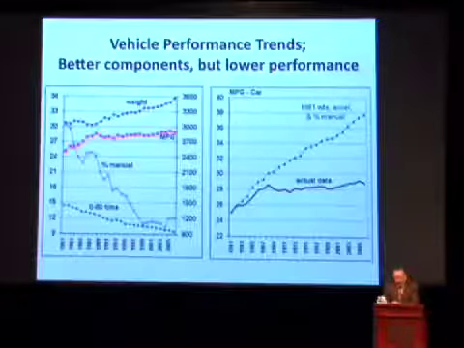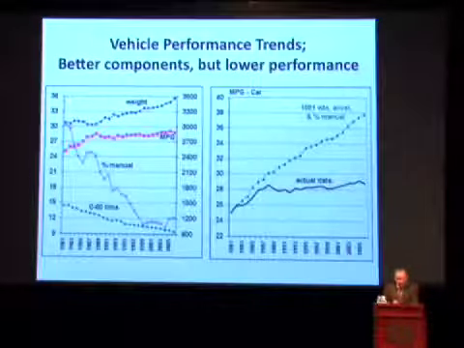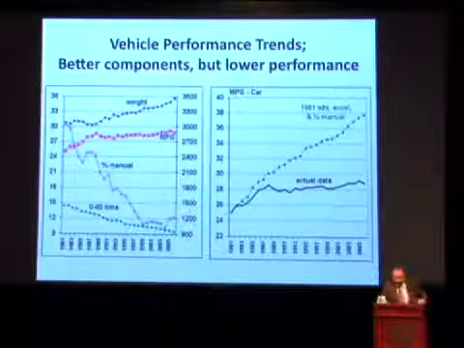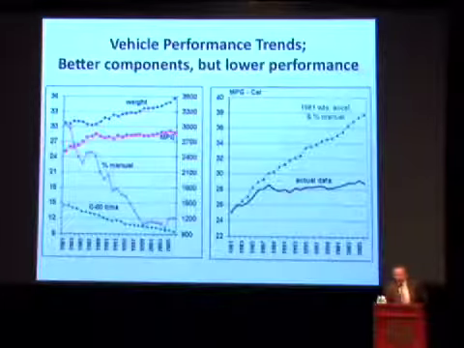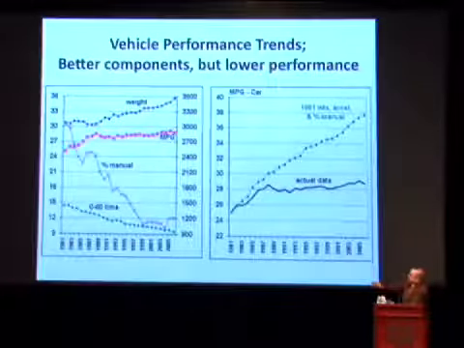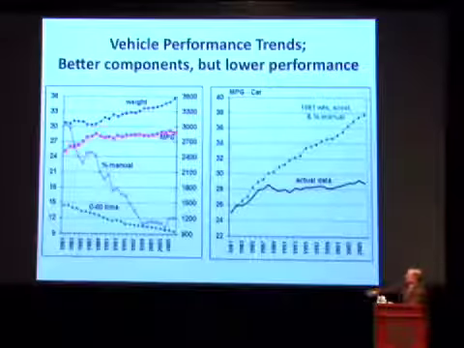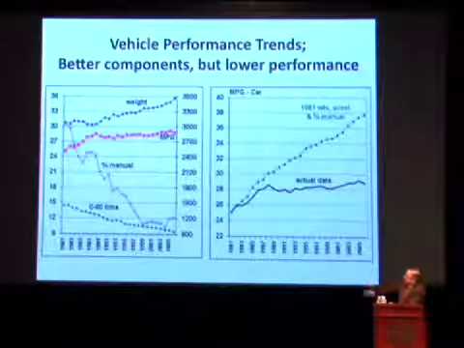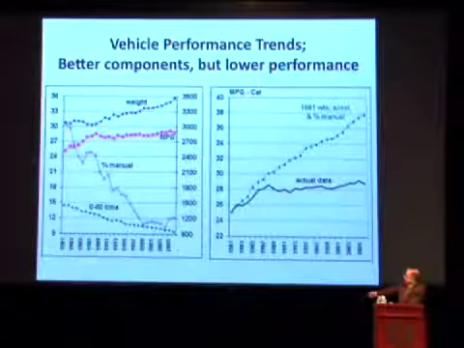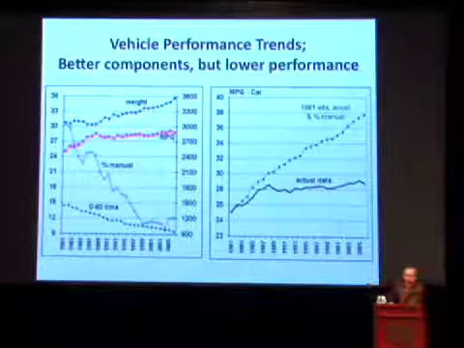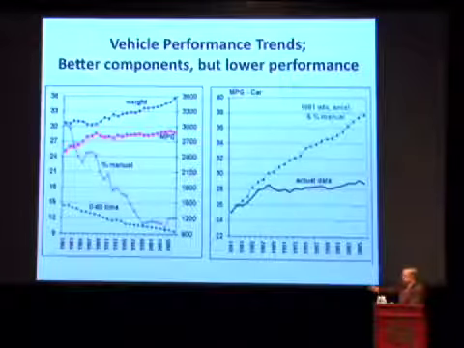This is a slide that I absolutely love because it's so telling for the building industry. This is actually about cars, and I use the car analogy a number of times. So this data shows, and sorry, it's pretty data intensive, but here's miles per gallon. This purple line is miles per gallon between 1981 and 2006 for the US fleet, okay? So the miles per gallon didn't go up very much. We all know that, right? And we haven't been very strict on that.